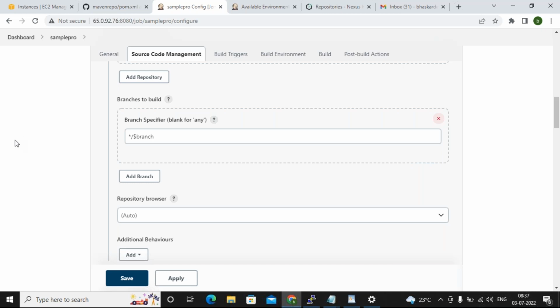So 5 features will be there. Or else one feature, multiple developers will work. It depends, right? Requirement. So now my developer requested me, please don't hard code the branch name. Why? Because I have multiple feature branches. So I want to provide the branch name every time.